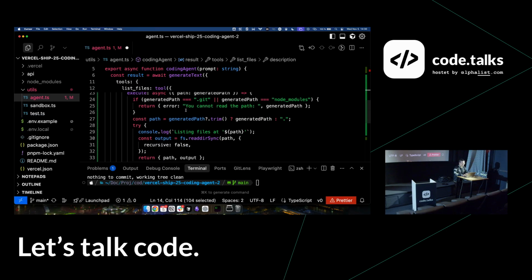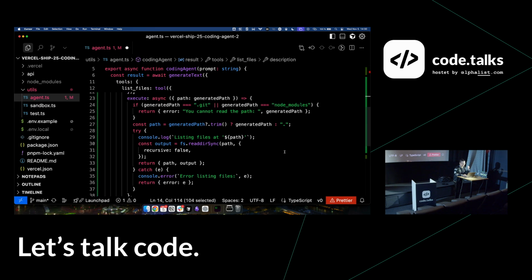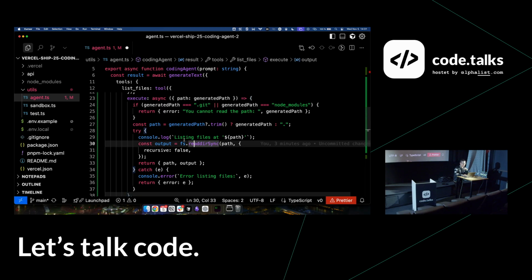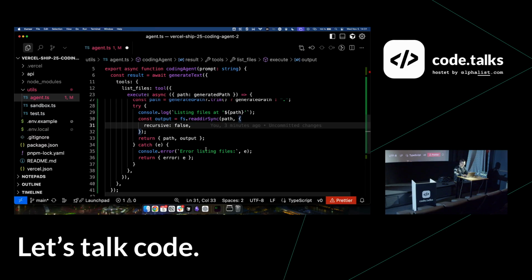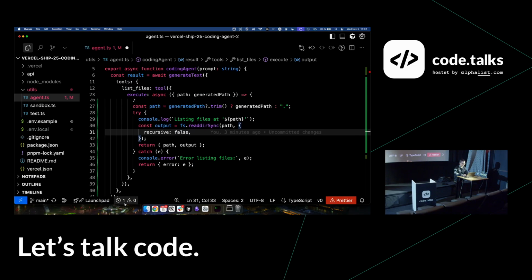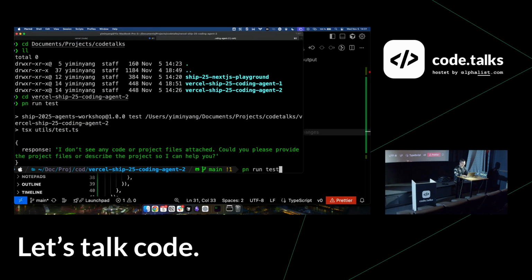But if you look at just the code of that tool, you will notice it's essentially nothing complex. It's nothing you're not already able to write. And that's the great thing about all these agents, essentially, because the code you are writing for an agent is essentially the same code you have been writing for years now. Because if you look at it here, it's just doing fs read directory sync, etc. There's no rocket science here. There's nothing new you have to learn. So here's our list files tool. And now, when you run the same thing again,